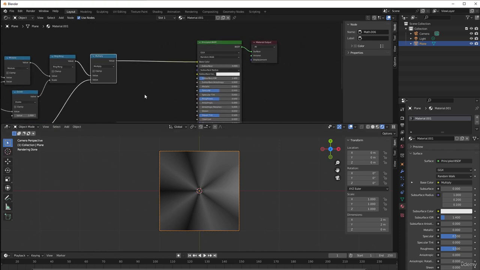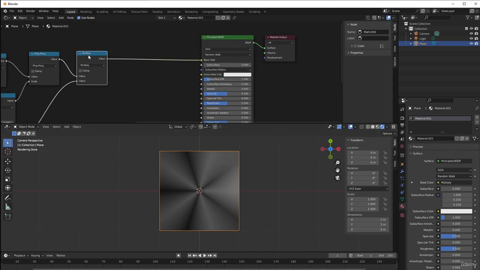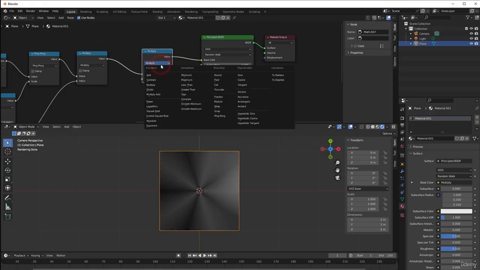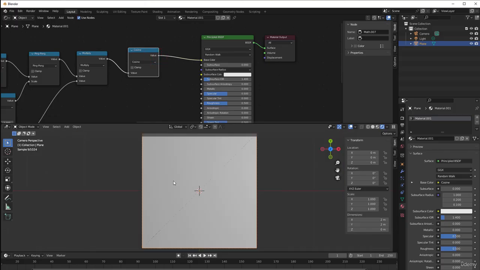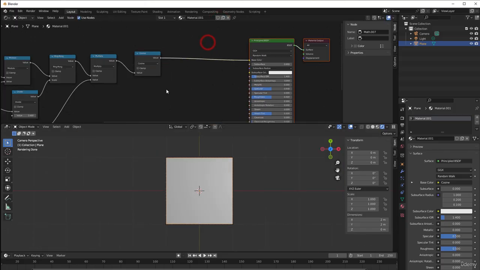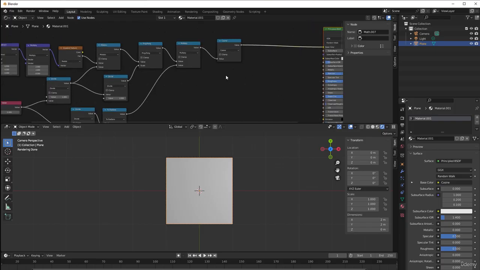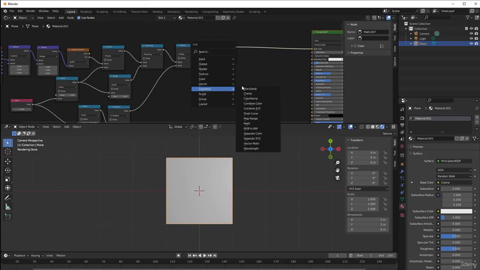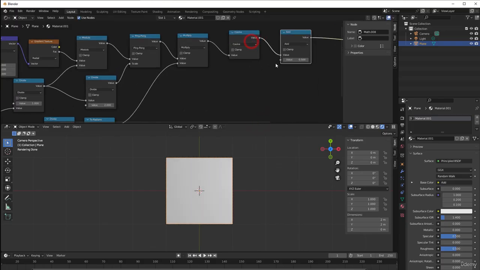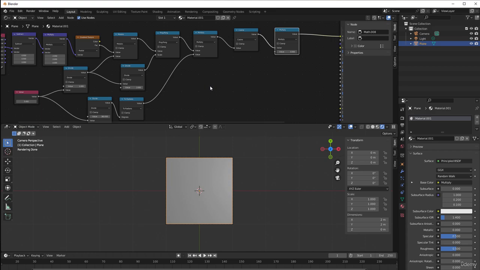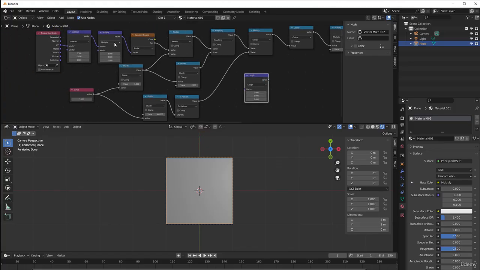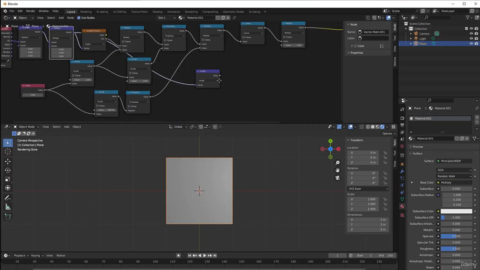So now I can add my cosine here, so I just take a copy of this and change it to cosine, like that. And you can hardly see anything here, but there is something in. And now I need a length, so I press Shift A, converter, math, and first of all a multiply here, so we can multiply what we put in, and then I take converter, vector math, put a length here, and use the output from the multiply to the length, and this to